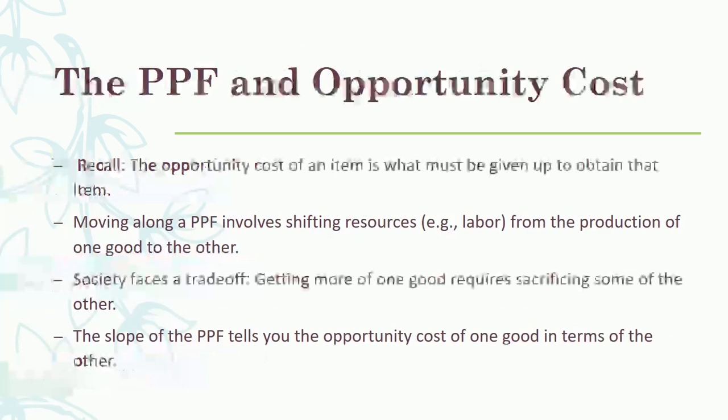The production possibility frontier and opportunity cost. If you remember back in chapter number 1, we introduced the opportunity cost. The opportunity cost of an item is what must be given up in order to obtain that item. So as you move along the production possibilities frontier,